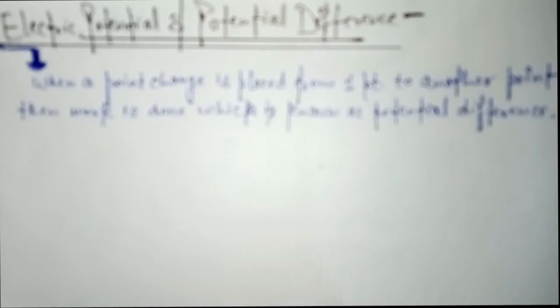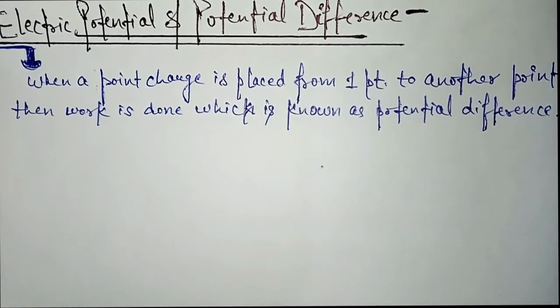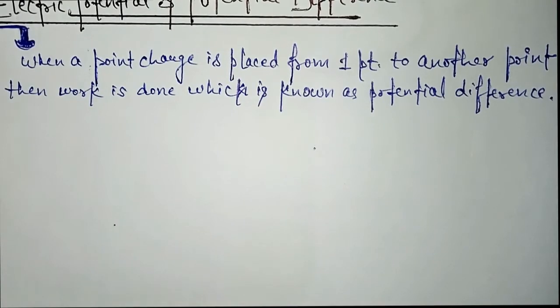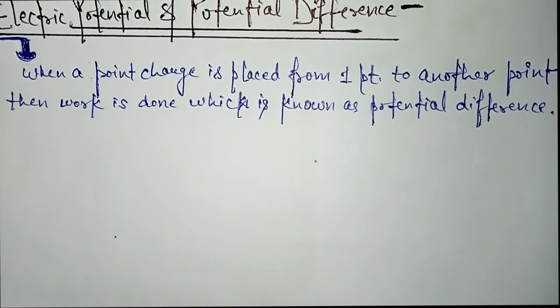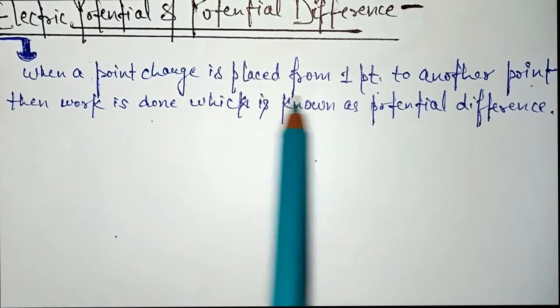In this lecture, we discuss electric potential and potential difference. Okay. When a point charge is moved from one point to another point, then work is done, which is known as